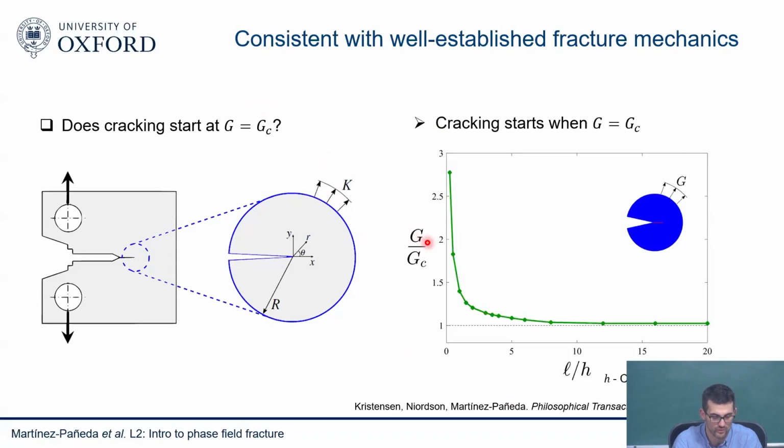G equals the critical energy release rate. And this is what you see. So we did a finite element simulation. You see the crack growing. We apply this G field or K, and then we see how the